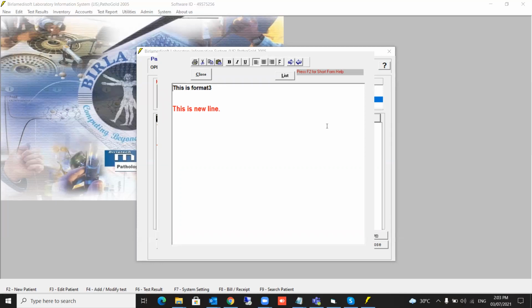Now we have created format 3 as a default value. That's why format 3 has come. Now I don't want this format 3. I want to have format 1. So go to the list and download format 1. So these formats are unlimited. You can create n number of formats under any test, and that is called a data bank completely. So now I want format 2. Just select format 2. I want format 1. Just select format 1 and keep editing. And that's it. You can edit this.